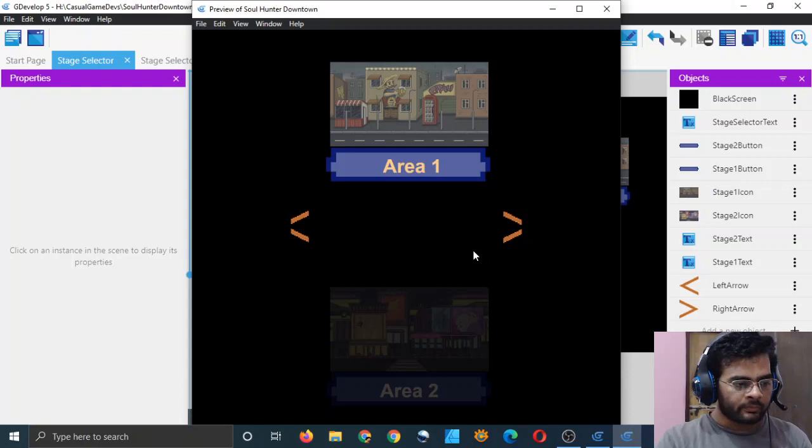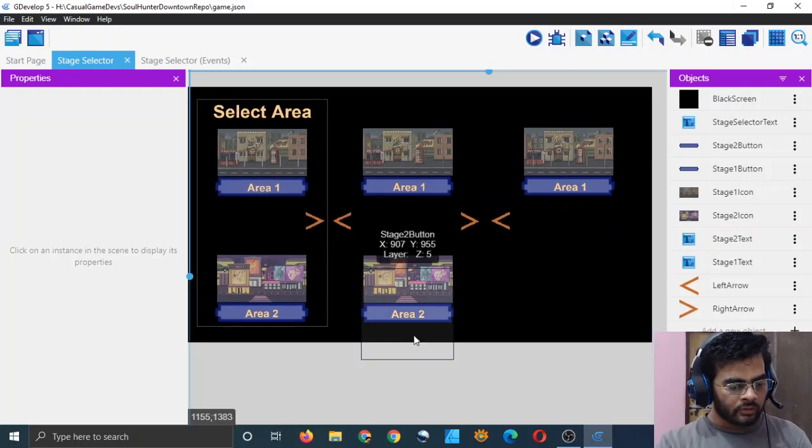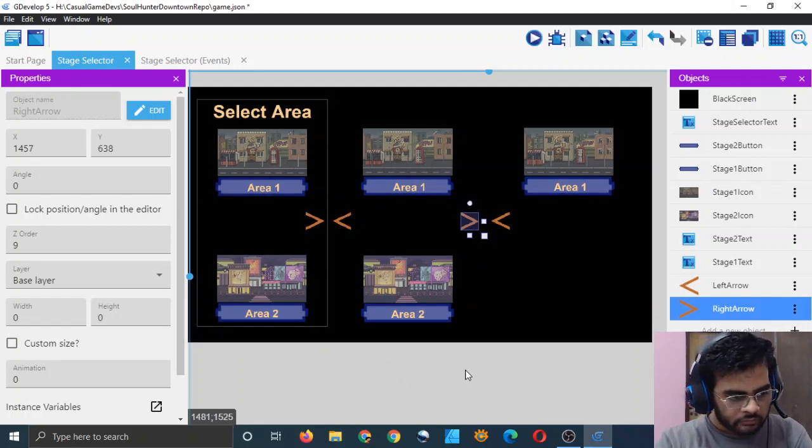So it works, and this will also work. No, but it will bring it back to this one. And now it works. Okay, here we have to edit the position of our arrows, so that we will do that. And so let me just do that using my arrow key.